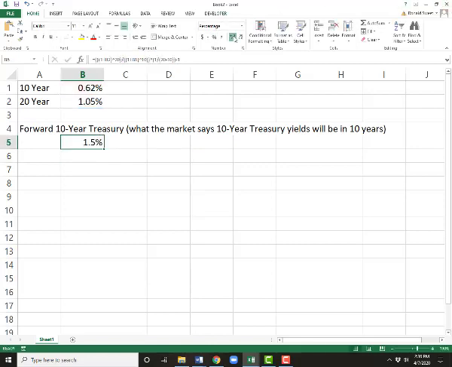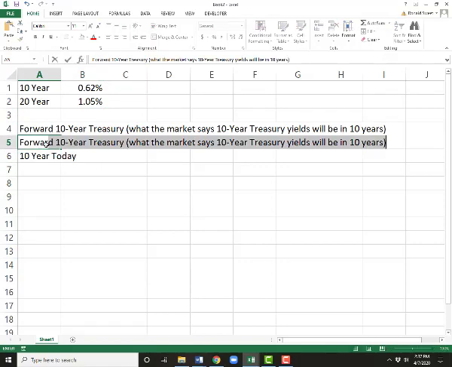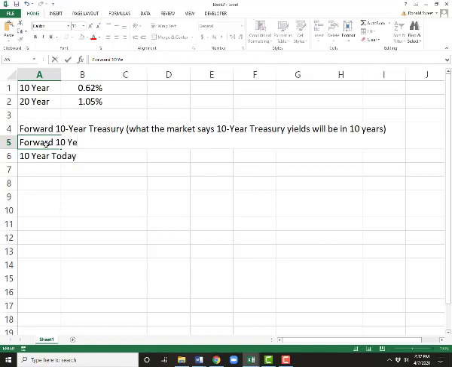And that will give us 1.48%. That's the forward rate, 1.48. How do I know that's right? Well, if I were to buy the 10-year today and the forward 10-year,